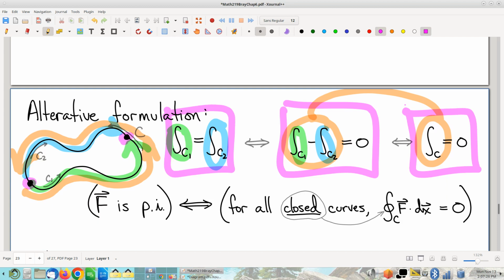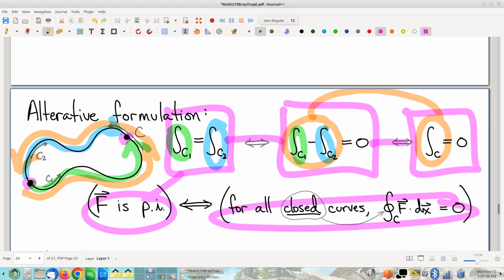That's a different way to think about it. So let me say that in words instead of colors. What we call path independence, this idea of you always get the same vector line integral as long as the starting and ending points are the same. This idea of path independence is equivalent then to this other point of view that says as long as all of these orange curves,